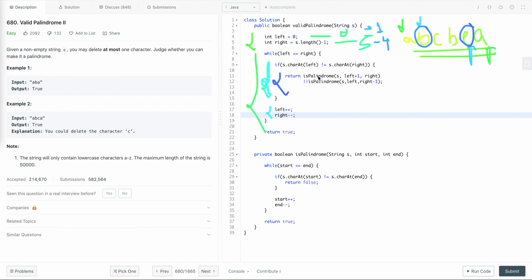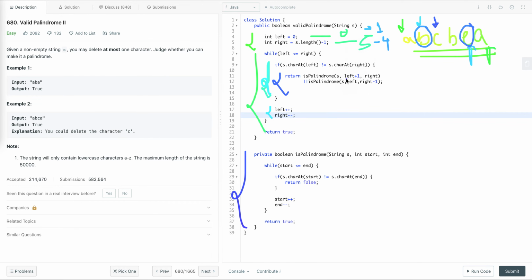So here is the code. Here we first check by deleting this character, so we move the left pointer by one step. By deleting this character, can we make this string a palindrome? This function is very straightforward. It runs a loop.